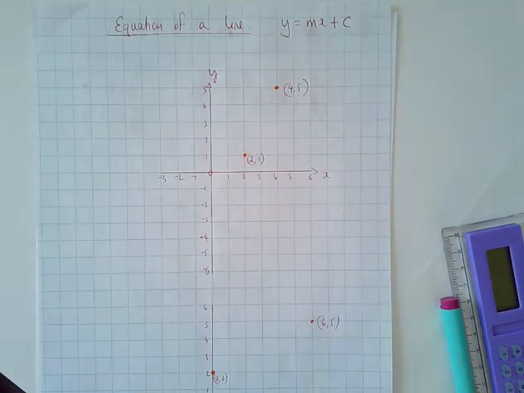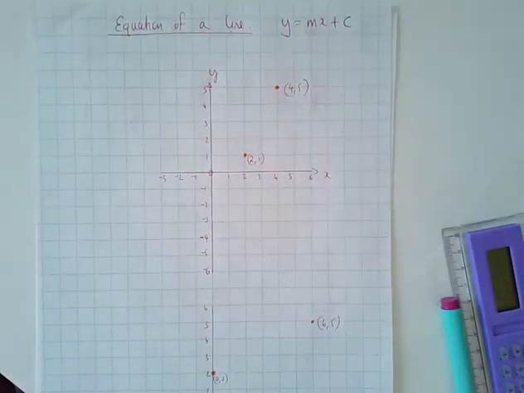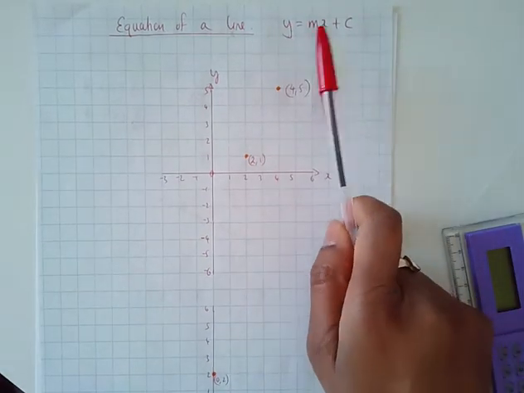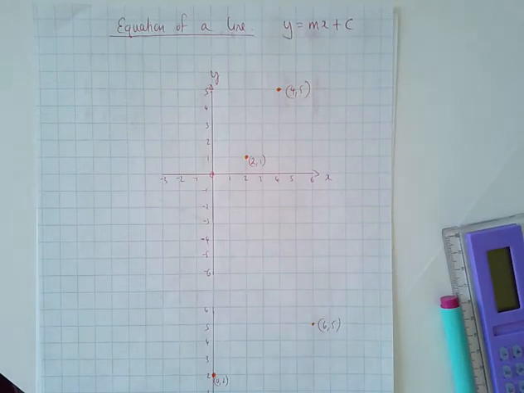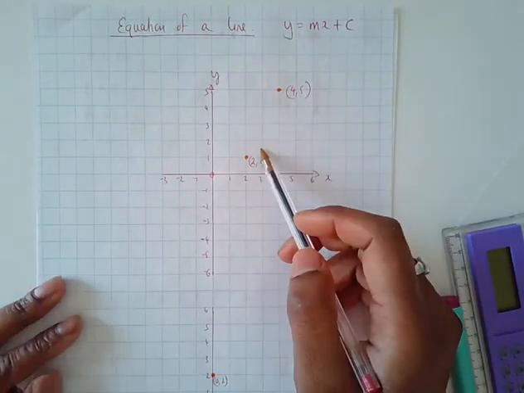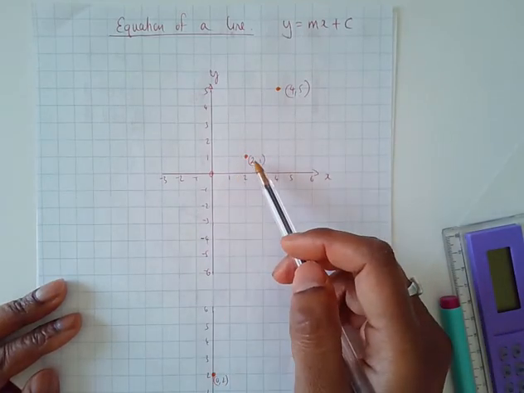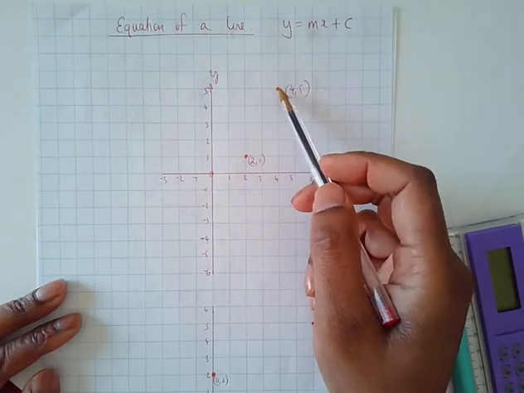This is the second video on the equation of a straight line, y equals mx plus c. In the previous video we looked at the gradient and the y-intercept. So if you're not sure about that, have a look at that video first. Right, what I'm going to do is find the equation of a line that goes through these 2